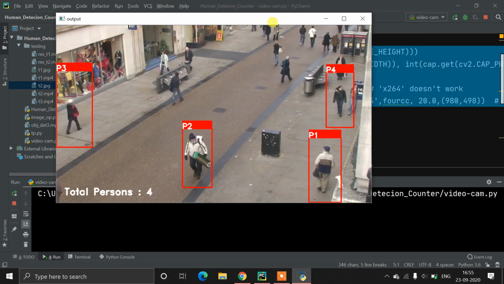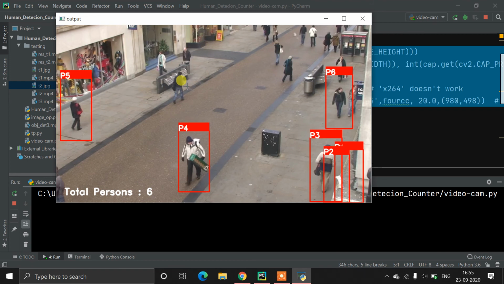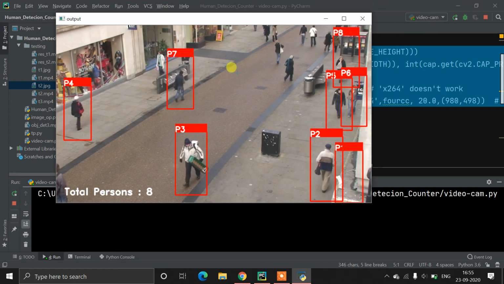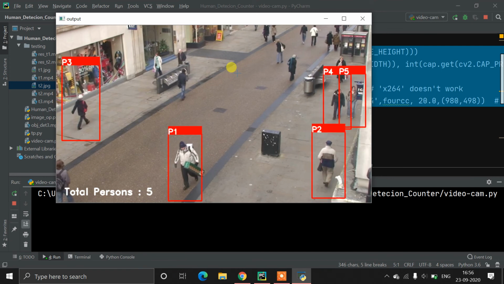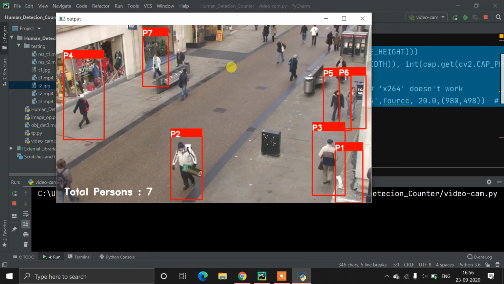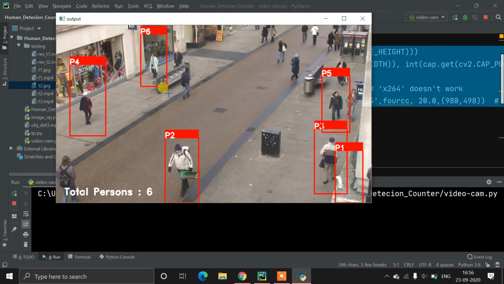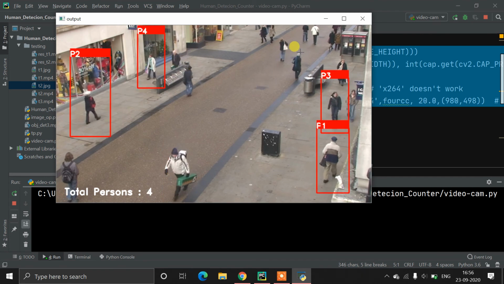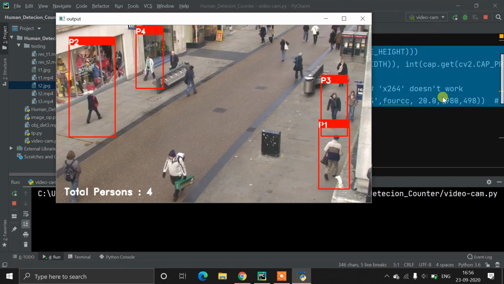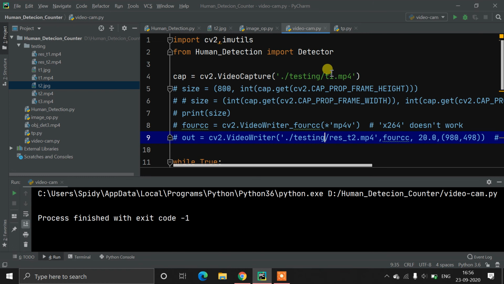So you can see now our overlapping ratio is very small, very less. You can see it tries to count the people, but it's not exactly accurate, though you can say it's working well. You cannot say it is perfect. Lots of people are missing from this frame here. Okay, on this video the working is good.